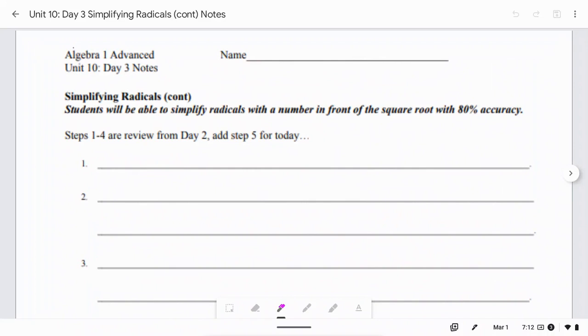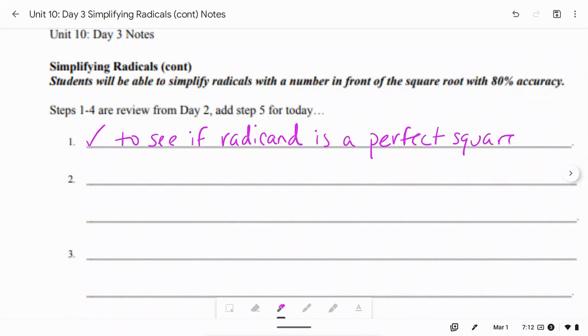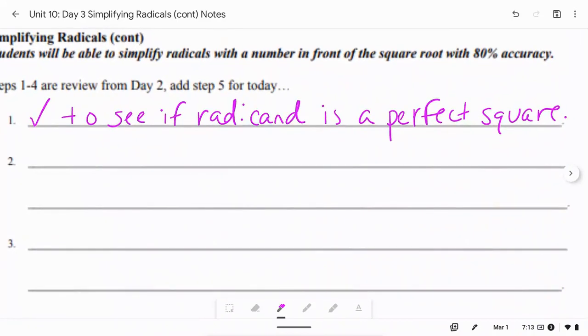So remember that from the day 2 notes, step 1 is to always check to see if the radicand is a perfect square number. Because if it is a perfect square number, then you just take the square root and your answer will be a whole number. If it isn't, then you're going to move on to step 2, and starting